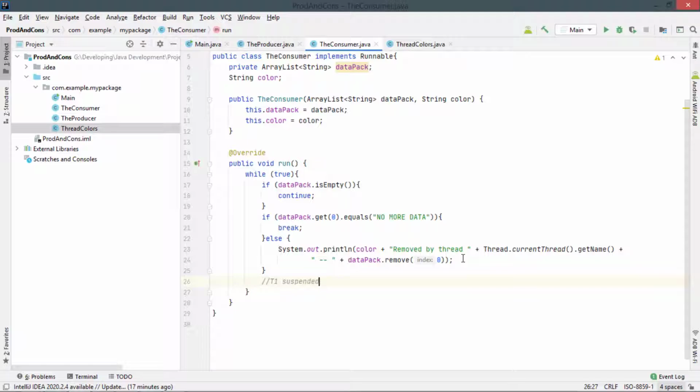Thread 2 starts to execute and checks if the buffer, your array or data pack, is different from no more data at position 0. Oh yes, it's different. Then it removes what's at position 0. Thread 1 was suspended at the else block. Thread 2 removed what was at position 0. Thread 2 goes again to check if the data is empty, and then it tries to continue,